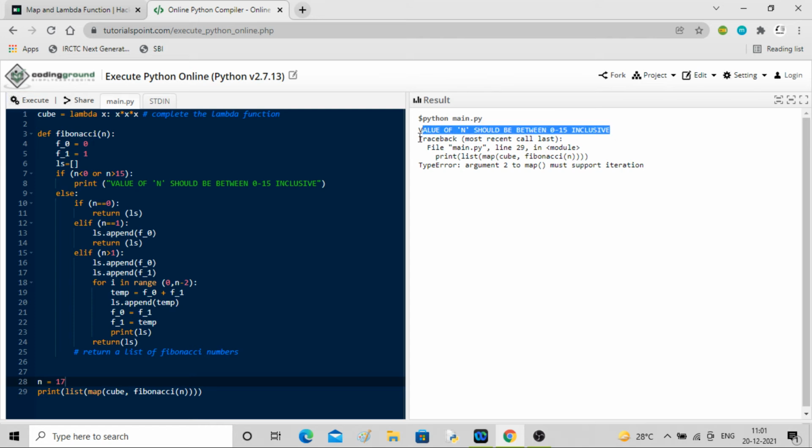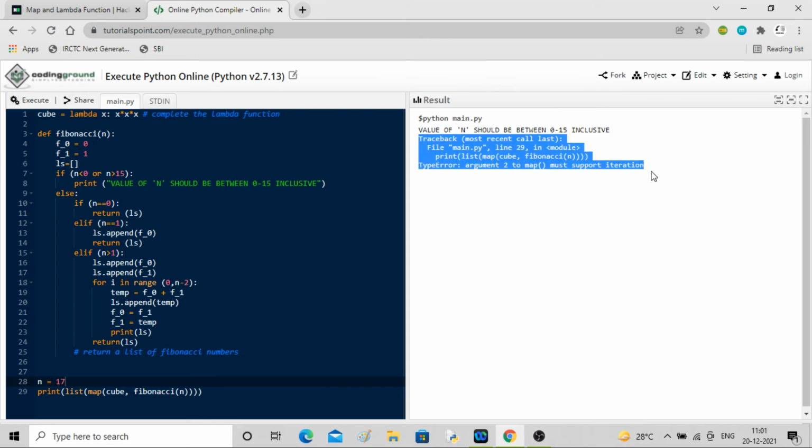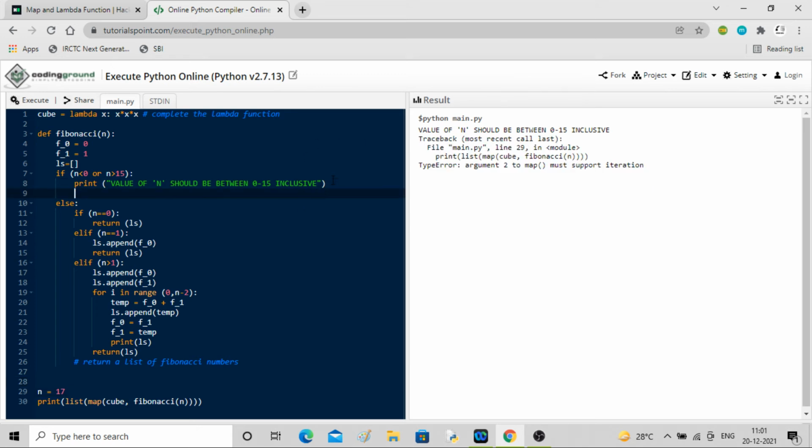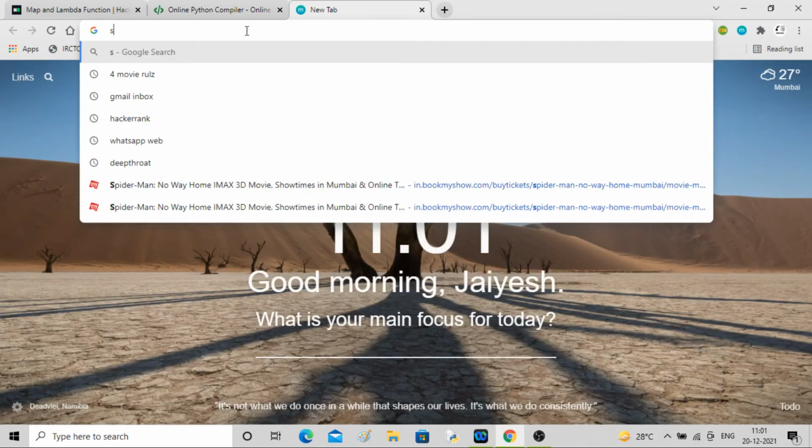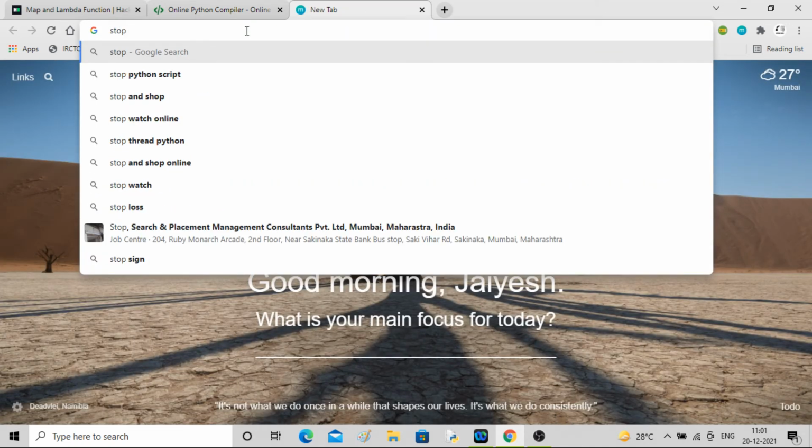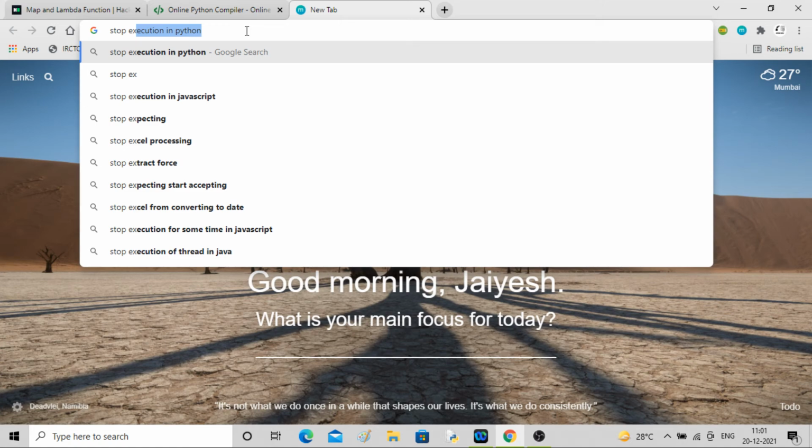But let's say we don't want this thing. So what we will do here is stop the process, stop the code. Let me search for it: stop execution in Python.